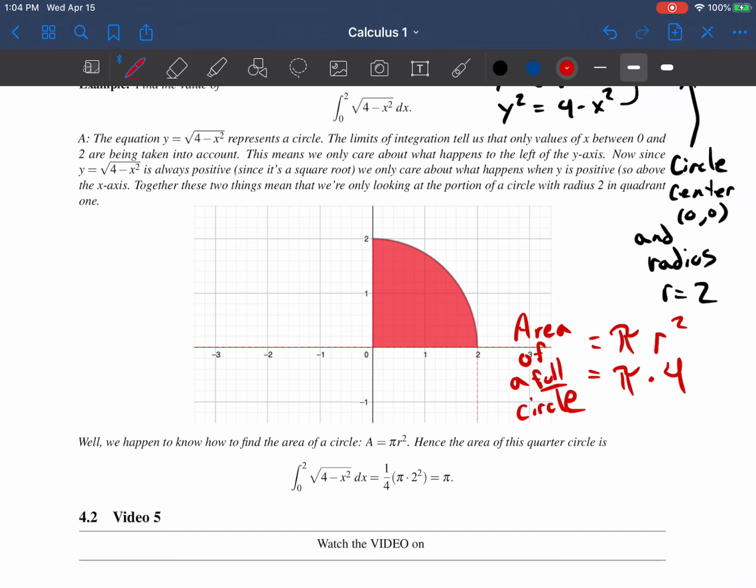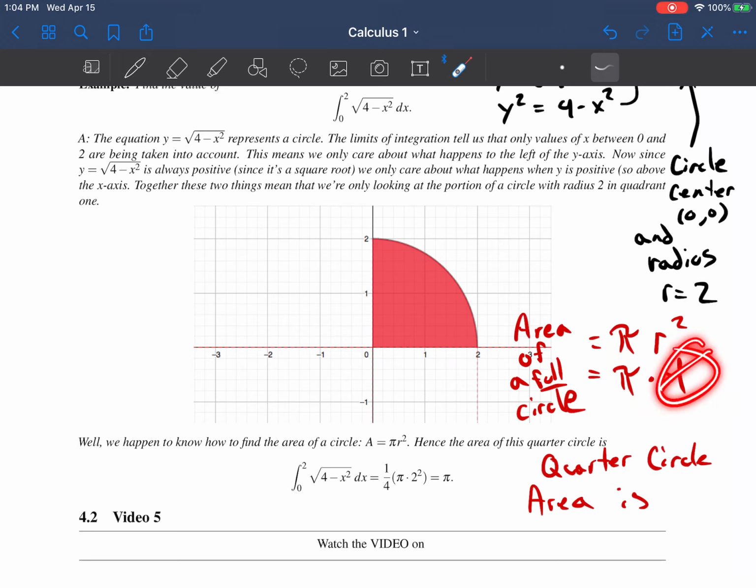Now to get the area that we need, the quarter circle, we're going to take this area, 4 pi, and divide it by 4, because we only need 1/4 of it. So take this, divide it by 4, that's going to get rid of this 4, so I'll only be left with pi. So the area here should just be pi, and you can see that's what we end up getting. So this integral is equal to